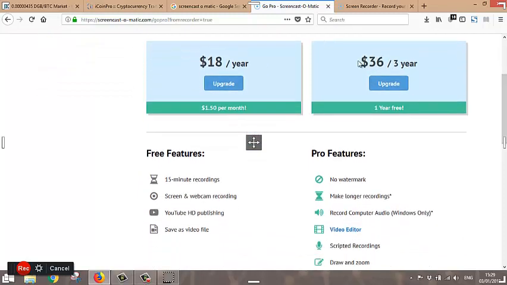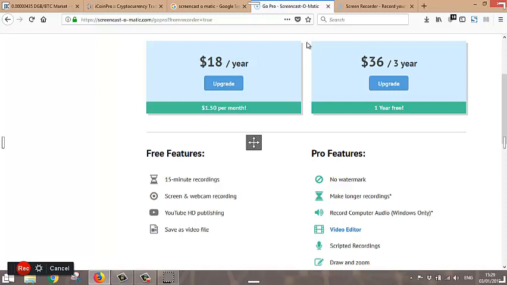So basically you pay for 2 years and you get your 3rd year free. Again, this is a very, very small amount of capital needed in order to be able to produce decent videos to do your promotions. Personally, I'd stick with the $18 a year one, because hopefully within that year you'll be